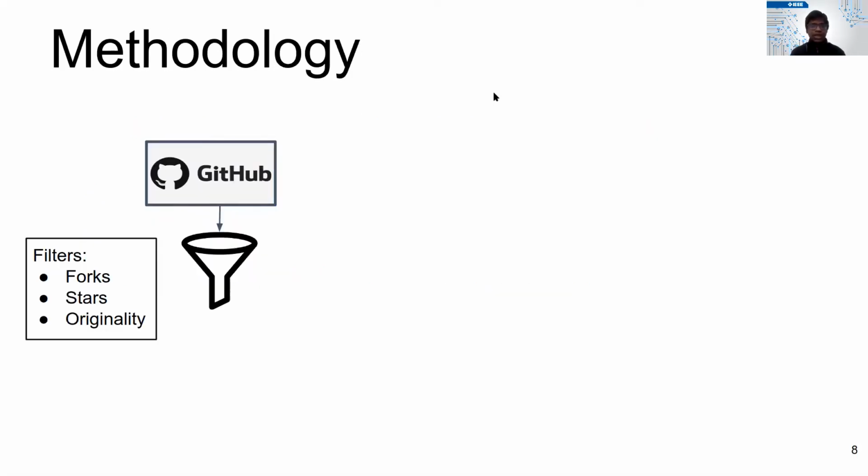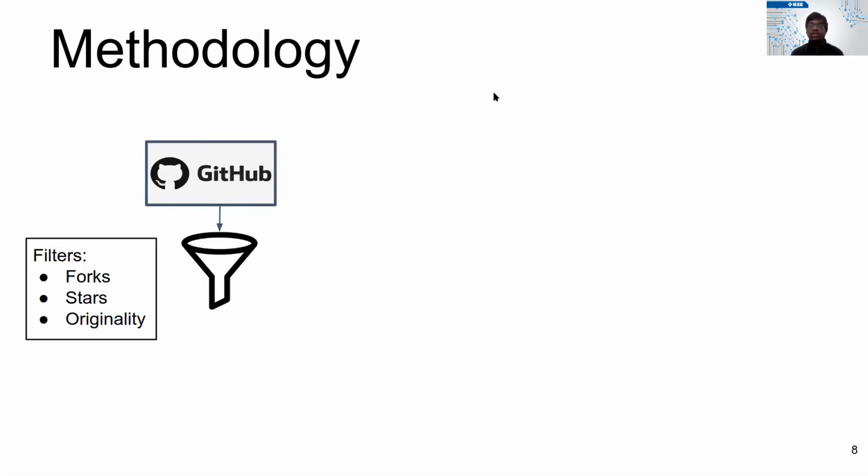So we started by collecting source code of Java enterprise applications hosted on GitHub. While doing so, we applied 3 filtering criteria. The first was the number of times the project has been forked. A higher number of forks gives an indication that the projects we are selecting are actually adopted by other developers in their own code base. The second filtering criterion was the number of times the project has been starred by other developers, which ensures that the projects we are curating are popular among other developers.